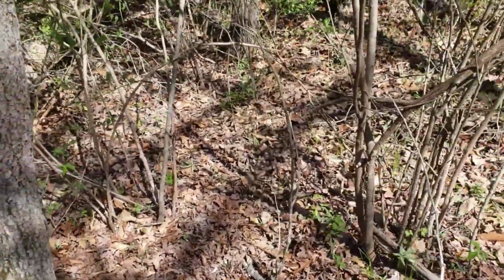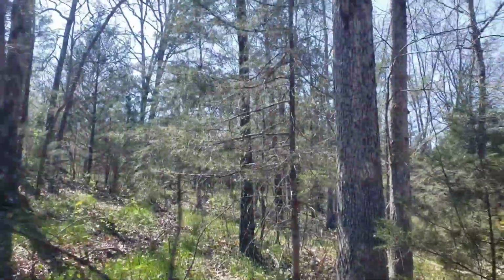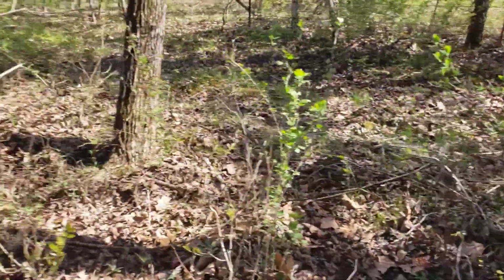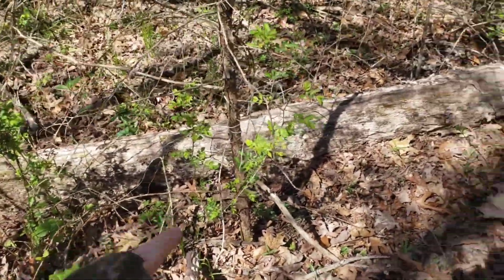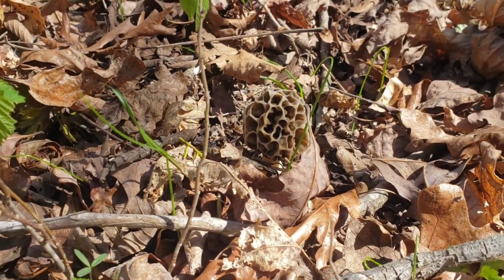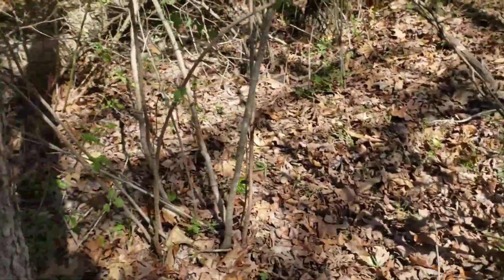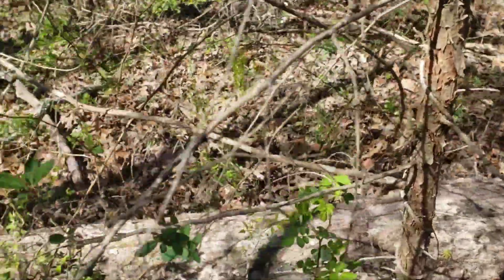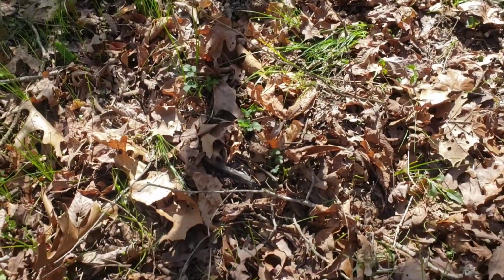Alright guys, well, we're coming down the old roadway here, just past the power line, which is right up there. And we come down here to the one spot where I normally find a bunch, here by this log. And we got lucky and happened to find one right here. A real nice mushroom. It'll definitely be going with us. But normally I find them here by this log, and every now and again on the other side of it. Well, I looked on the other side of it, and I found this